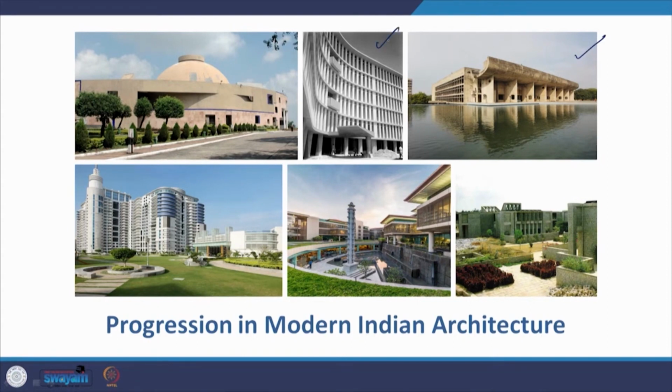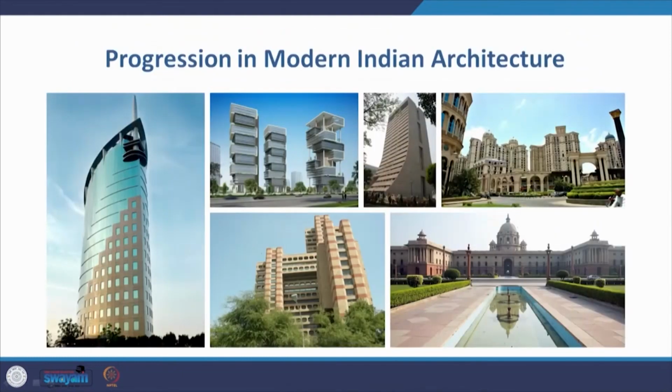Again, examples that we find of modernism: Corbusier, Habib Rahman, climatic response. Then we have critical regionalism. We have a revival of traditional principles, Vidhan Bhavan. We have critical regionalism, IIM Bangalore by B.V. Doshi. We have then the global context by this housing in Gurgaon, and we have then a revival of critical regionalism in the 21st century, this project by Christopher Benninger, the Suzlon project.